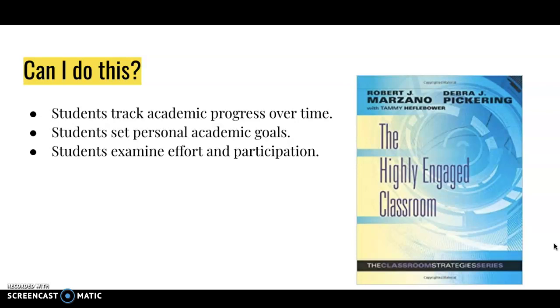Again, they set their personalized academic goals. They share them with me. I give them feedback on what their goals are or how they're doing. A lot of the times I like making comments like, this is a great goal, I think you're on the right track, or sometimes I make the comment, maybe you should think about this. Also, the other EL teacher and I went over how to create SMART goals, and so that is the expectation